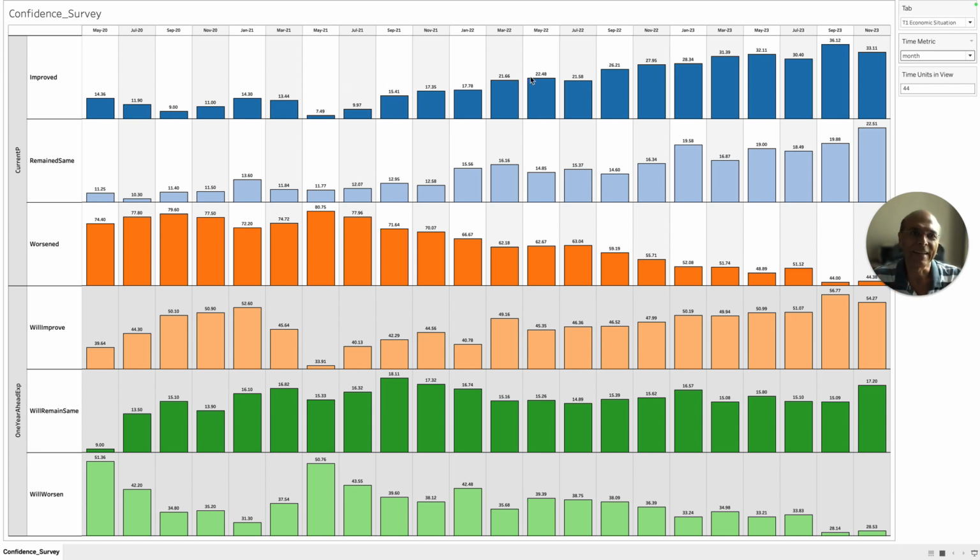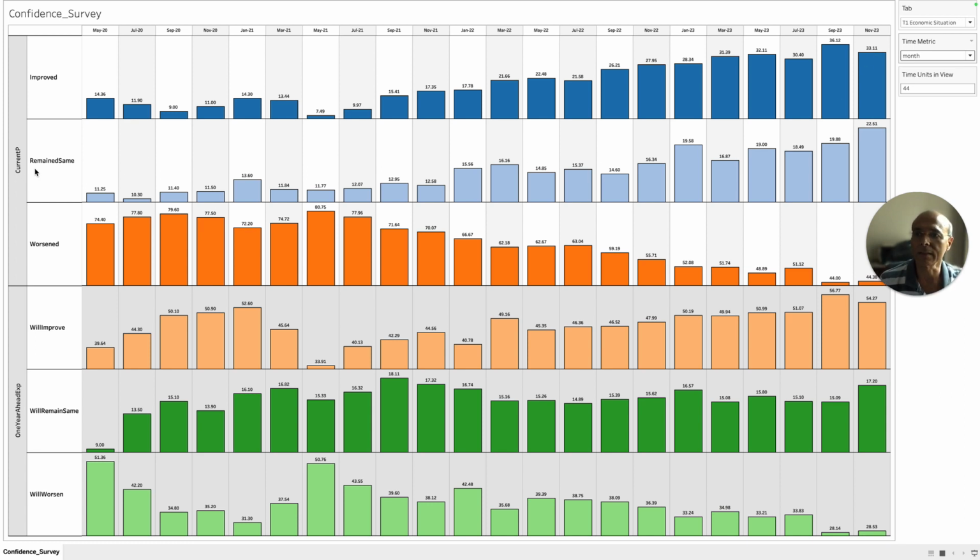So you see, it has been going up, and in September 23 it was the highest, and people who felt that the situation is going to go worse were at the lowest level, and those who felt that the situation will remain same were at a certain level, which is 20%. Now, in this particular survey, which is November 23, the period between September to November 23, 33.11% of the respondents feel that the situation has improved, which is lower than what they felt on September 23rd, that is 2 months back.